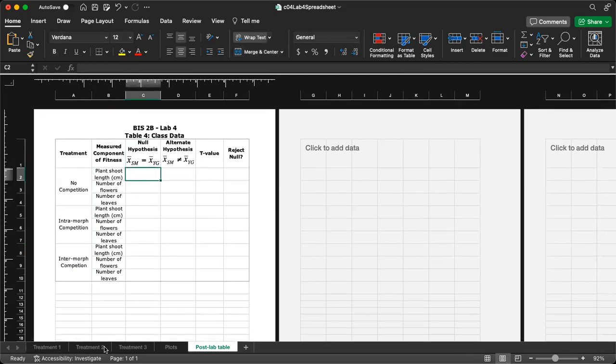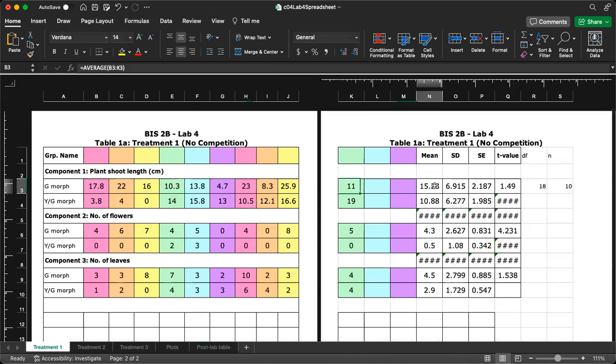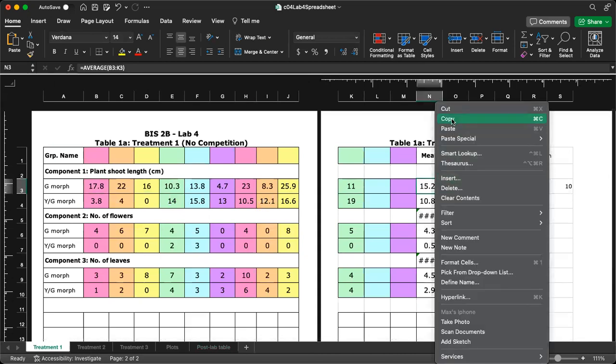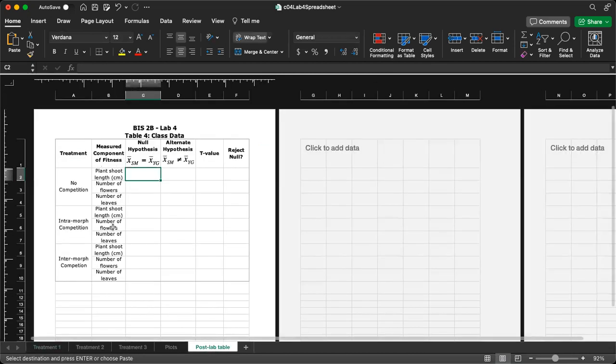This first one, what we're going to want to do is say we're comparing between our green morph and our yellow-green morph, right? Or treatment one, and looking at plant shoot length. We're just going to do,